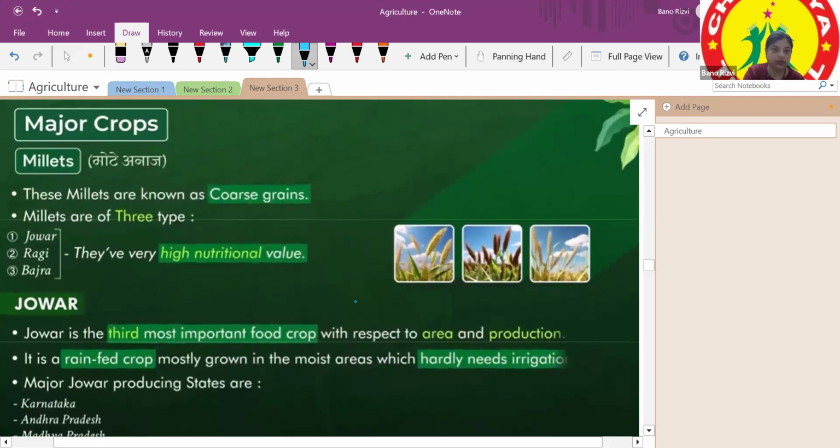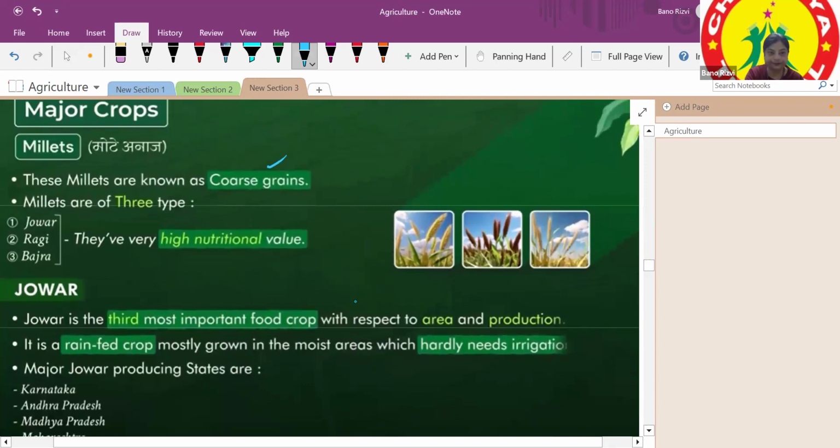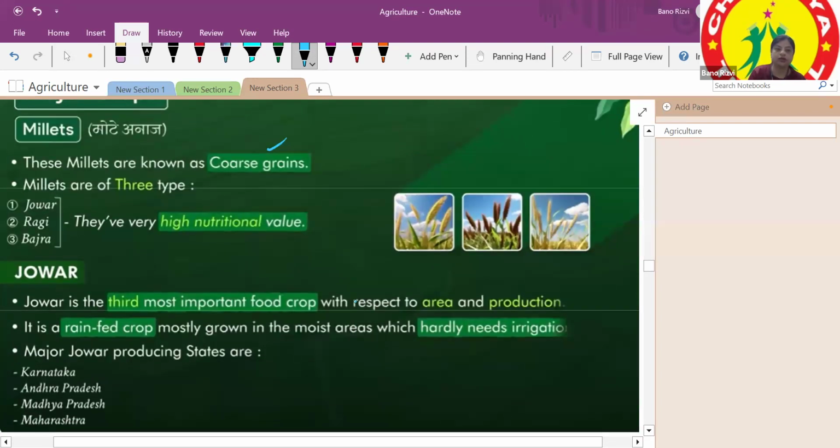Okay, millet is also known as coarse grains. Okay, and the main millets are jowar, ragi, and bajra, and they have high nutritional values. First, we'll talk about jowar. Okay, now jowar is the third most important food crop with respect to area and production. It is a rain-fed crop, mostly grown in the moist areas, which hardly needs irrigation, means it needs very little irrigation. Now, the major jowar producing states are Karnataka, Andhra Pradesh, Madhya Pradesh, and Maharashtra. Right? Okay, let's move on